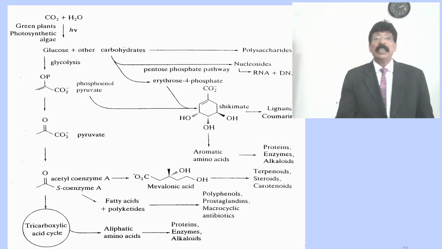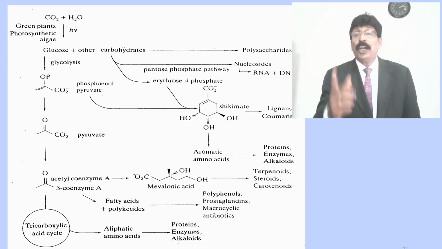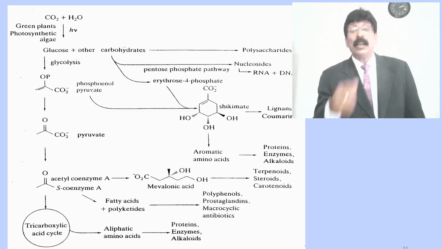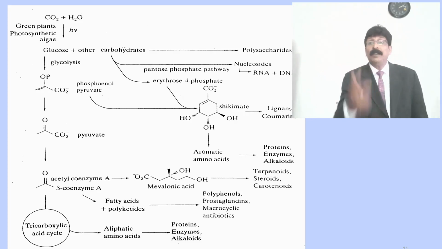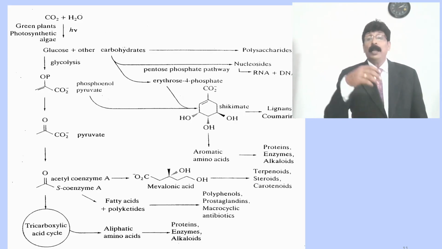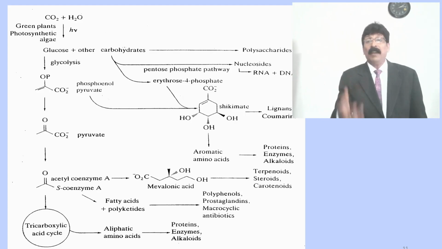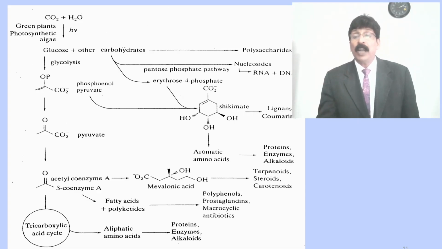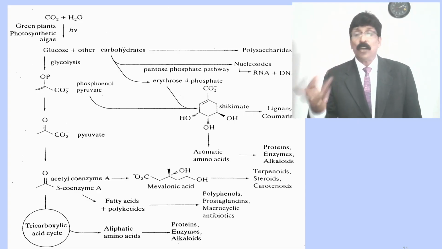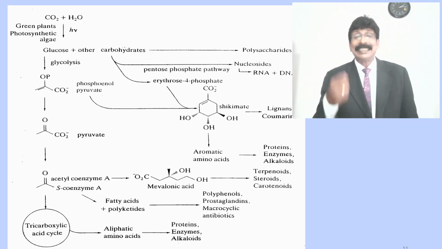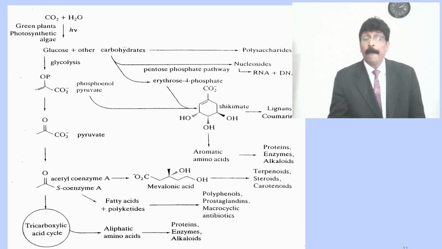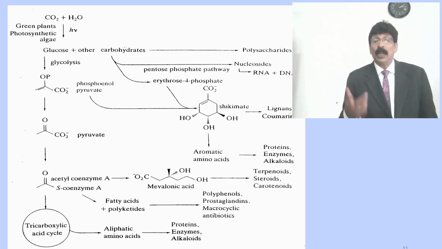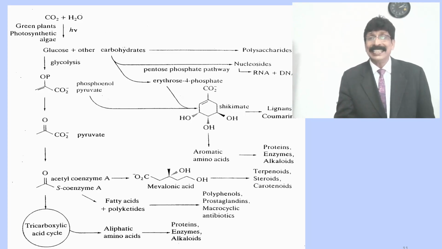And this pyruvic acid can be converted into acetyl-CoA, acetyl coenzyme A. Acetyl coenzyme A can be joined with another acetyl coenzyme A and give rise to mevalonic acid, and mevalonic acid gives rise to the mevalonic acid pathway, which gives the products of terpenoids, steroids, carotenoids. And this acetyl CoA can also form squalene, cholesterol, and give rise to fatty acids and polyketides,